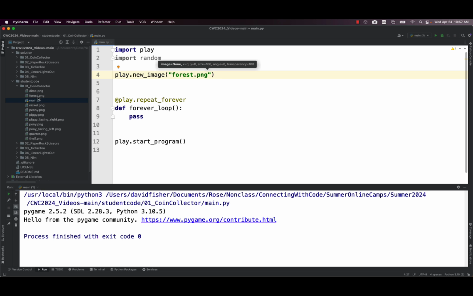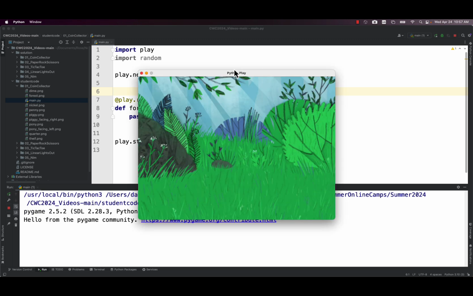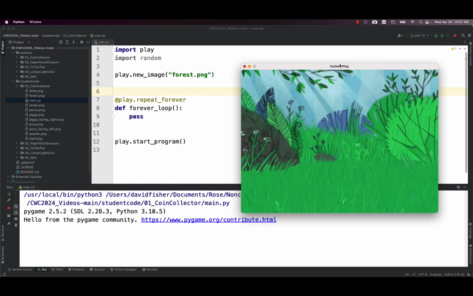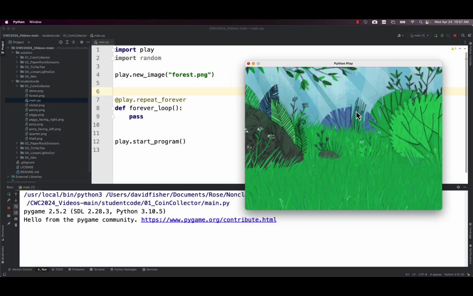Now forest.png, I've put in double quotes. And so that makes it a different color, made it green, and it makes it a string. Again, a little bit at a time, right? So if I were to run this program, you can see that my code is now very different. So you can see that now I've got a forest, which is kind of a cool thing. I've actually taken this image from my computer and I've put it on the screen. So pretty exciting start. And this is why libraries are nice, because you can actually get a significant amount of stuff to happen with just one line of code, which is neat.